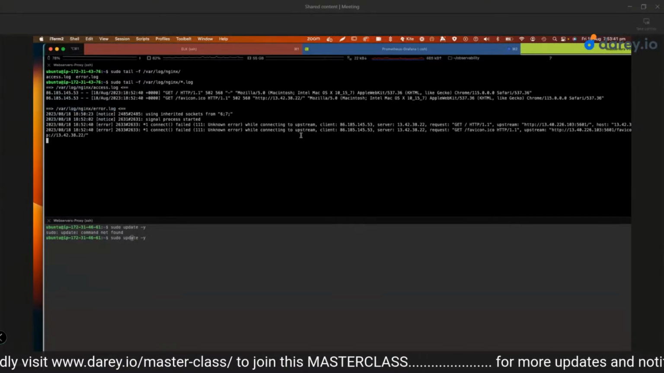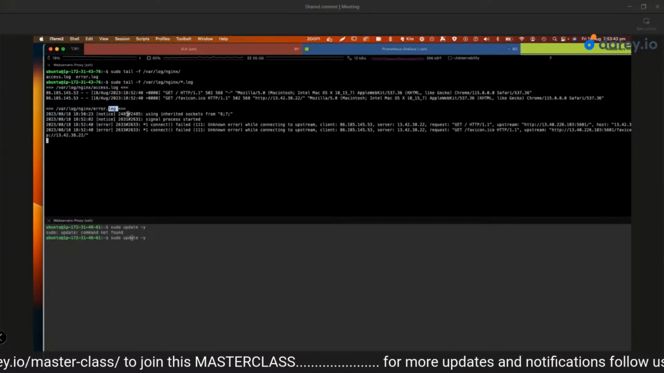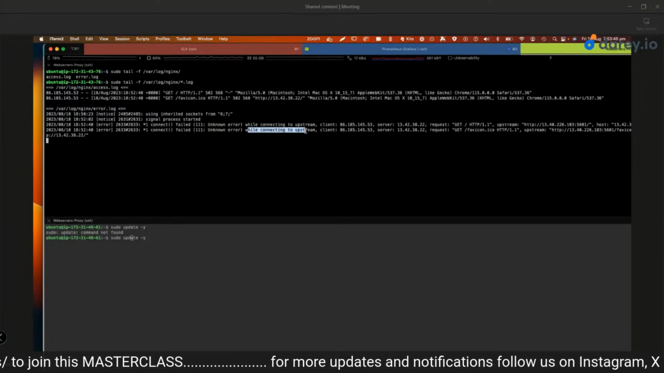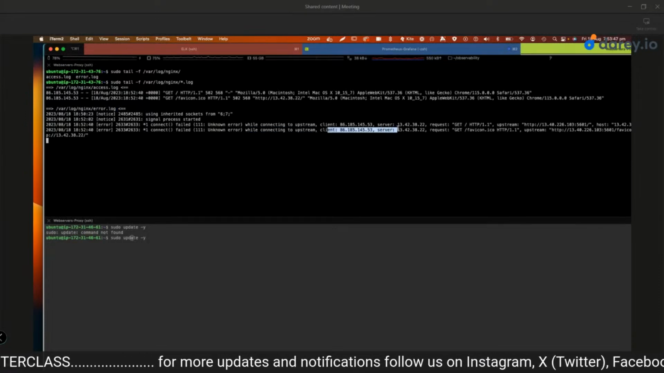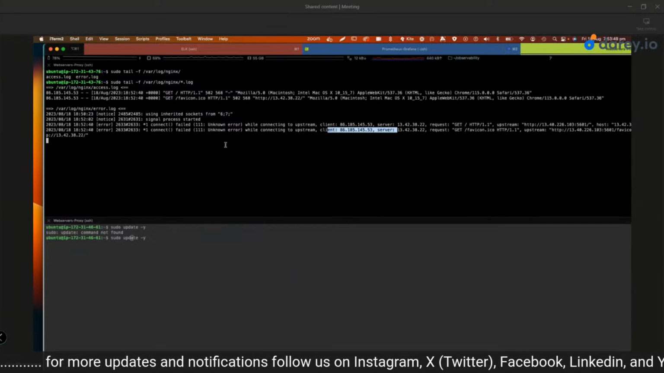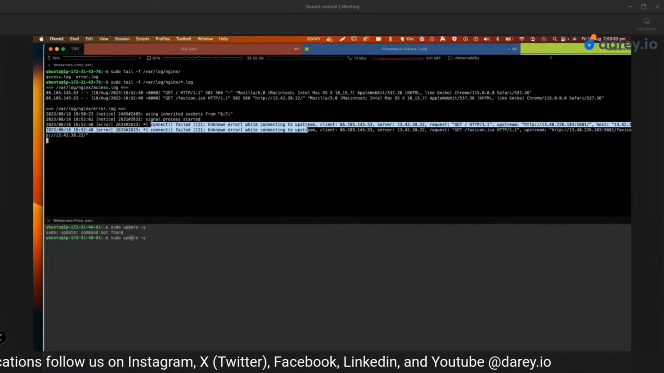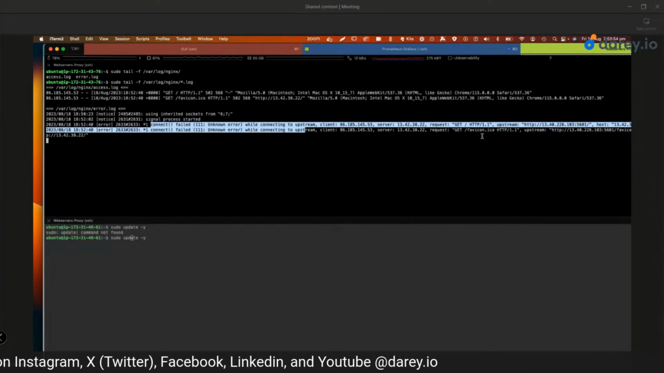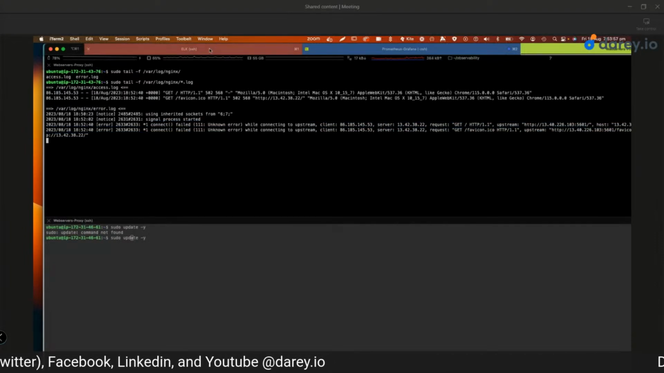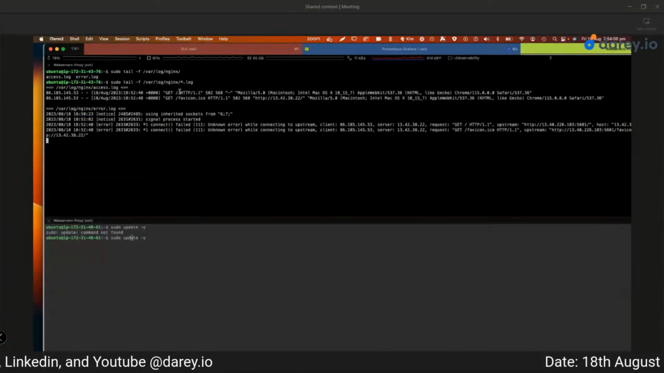You can see in the error log file, it says while connecting to upstream, the client, what is it saying? Unknown error. So it's failing. Okay, so we know why it's failing. On the other hand, if we do the same thing on our